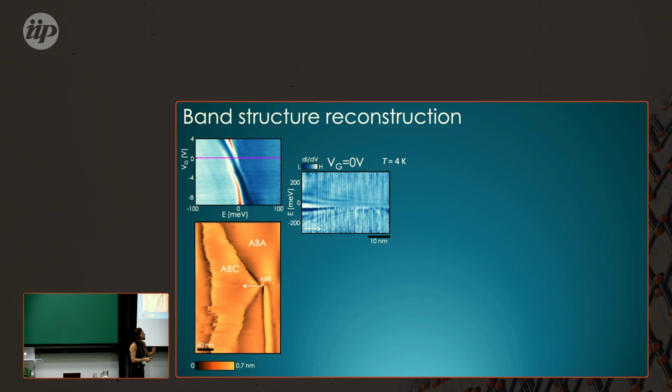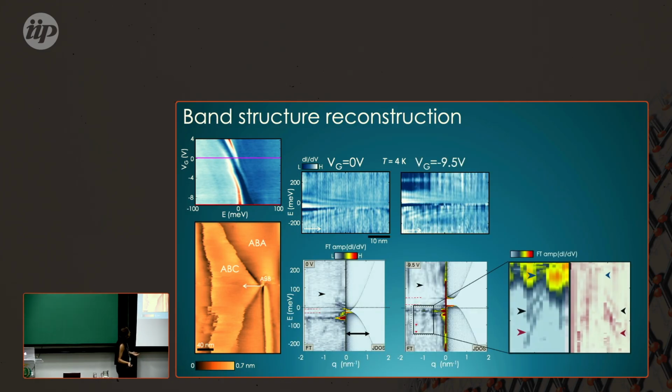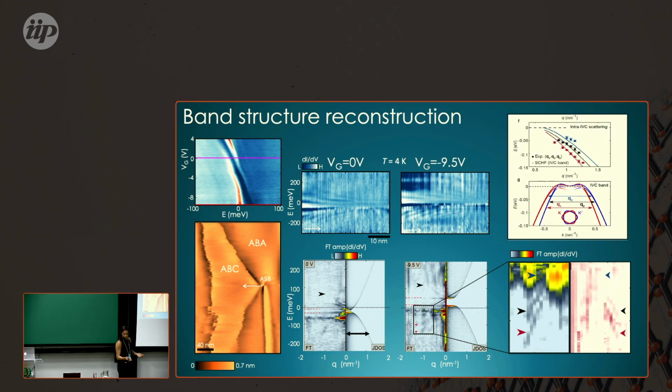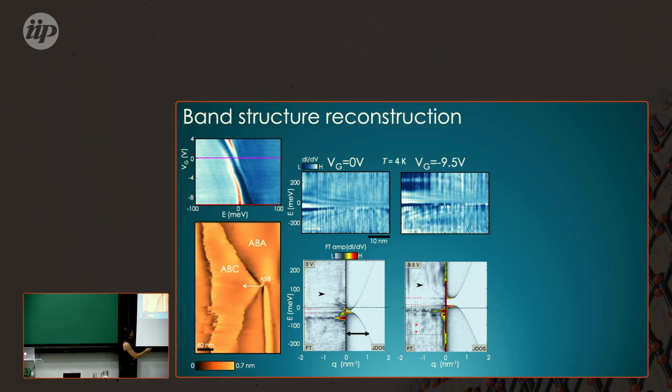So we did it at zero displacement field, where the Van Hove singularities are very shallow, so we don't expect to see any effect of interaction. And then we did the same measurement at 9.5 volt here, around here, where the Van Hove singularity is at the Fermi energy, and we wanted to see whether we see some differences that can tell us about